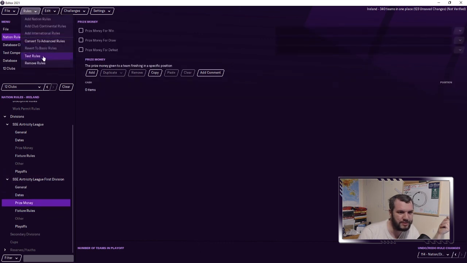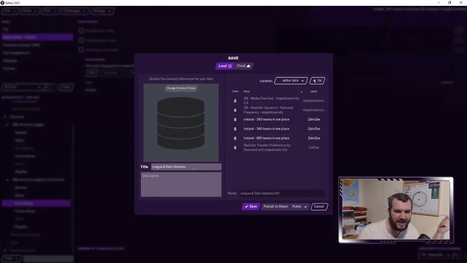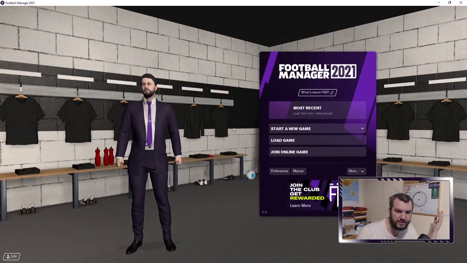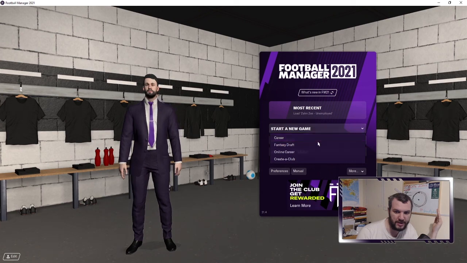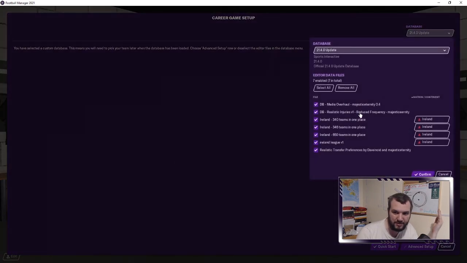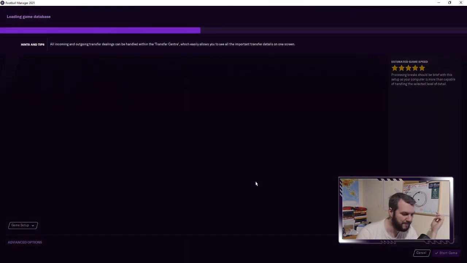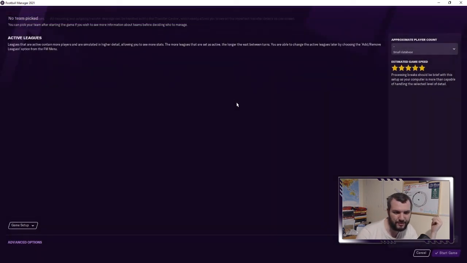Okay, and we're going to go rules, test rules. Nations rules are valid. Then we're going to go in, save that data as maybe Ireland League version 1. There we go. And then what you do is just go over here, start a new game. You probably know where you're going from here. Ireland League version 1, confirm, advanced setup. And hey presto, what do you know? Once this opens up for me,